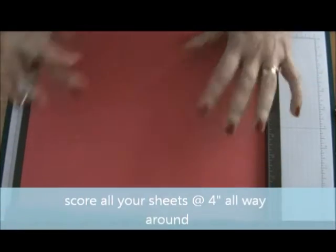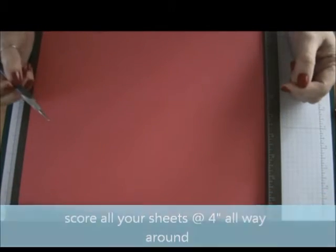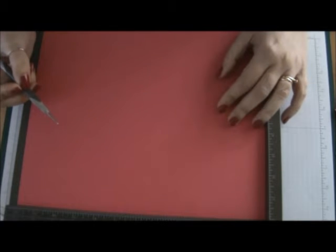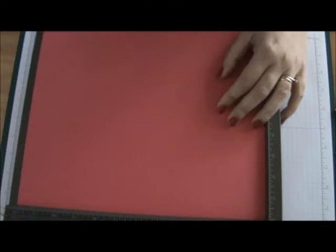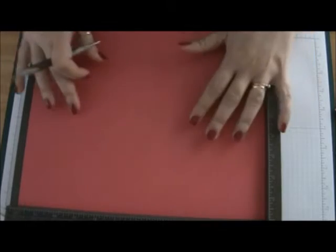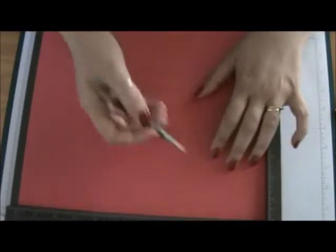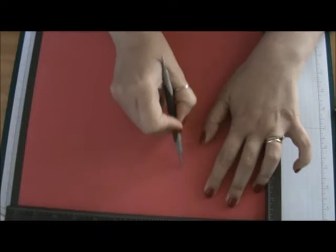One sheet is going to stay at 12 by 12. The second sheet is going to be cut 11 3/4 by 11 3/4, and the next sheet will be cut at 11 1/2 by 11 1/2. But we're working with the 12 by 12 right now, just for the example, and you're going to score it at 4 inches